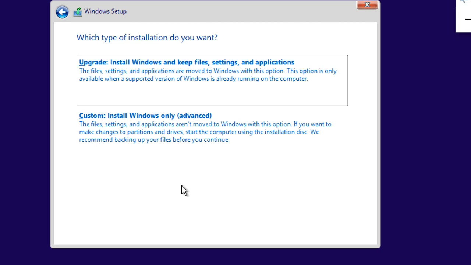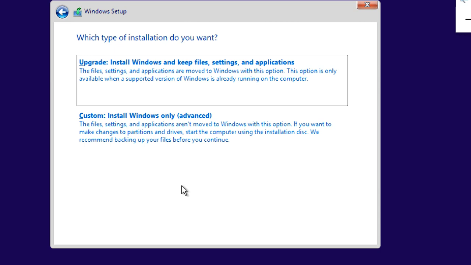Or you already have some OS, like Windows 10, Windows 8, Windows 7, Windows XP, Linux, or Windows Server, and you want to remove that operating system and install your OS freshly into your system. That time also you can choose custom.